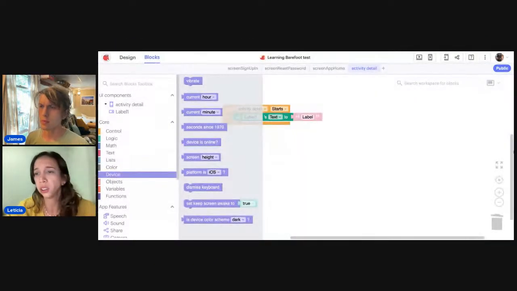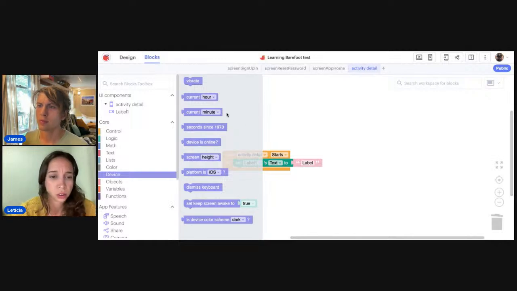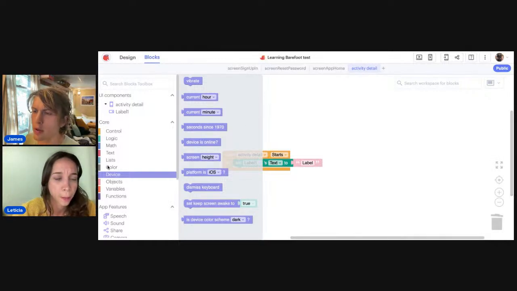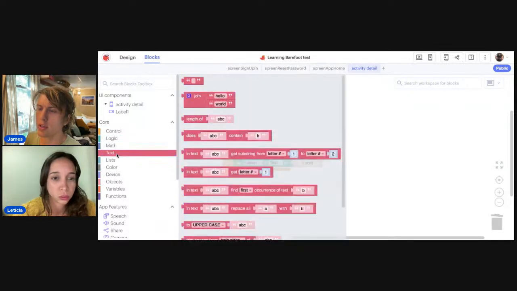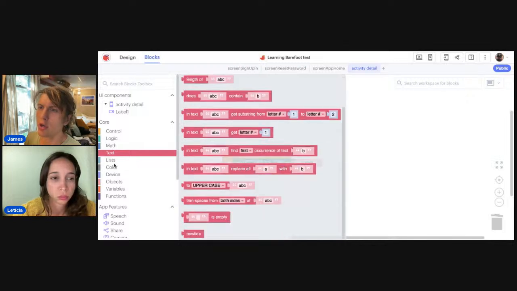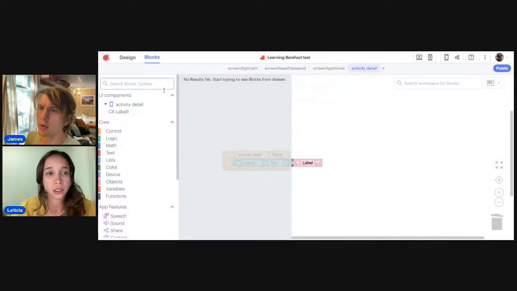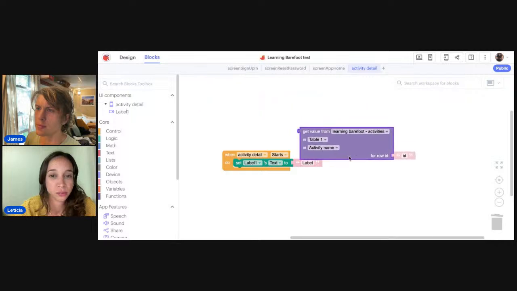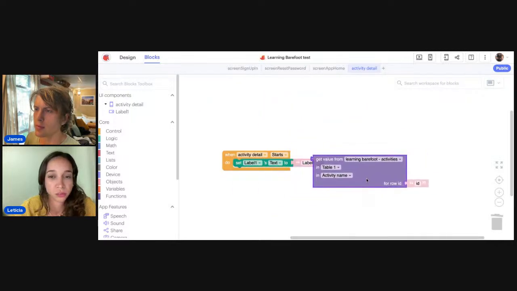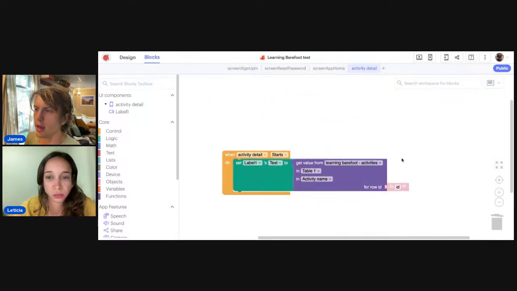Why can't I find it? It seems like the colors are not always exactly the one that we're looking for. Try searching at the top. Oh yeah, I just noticed that we have a search box. That helps.